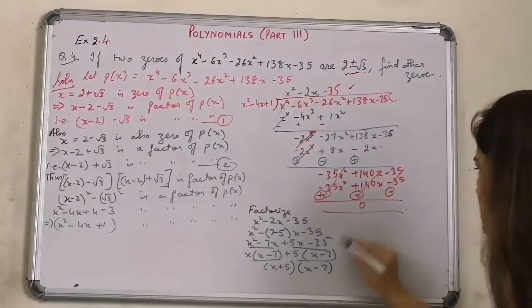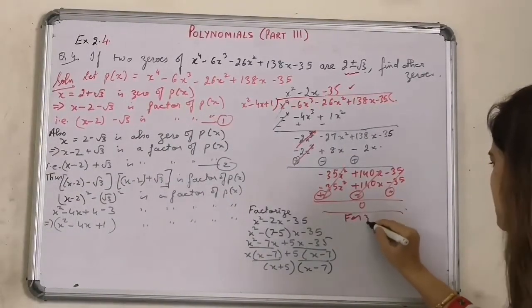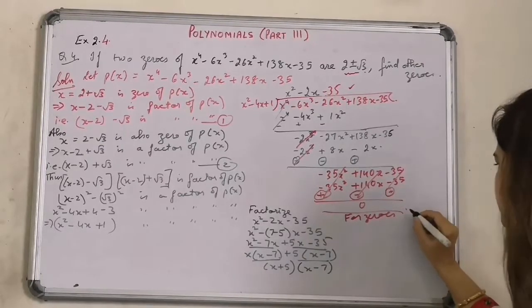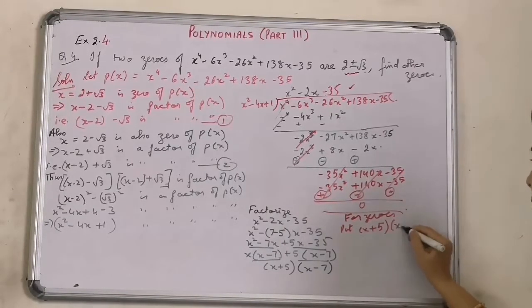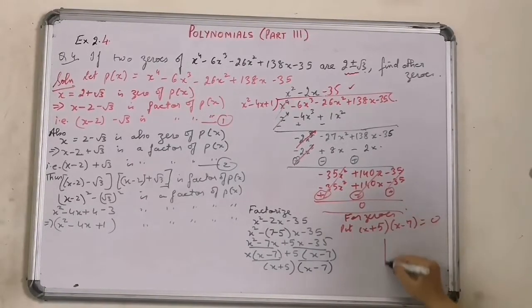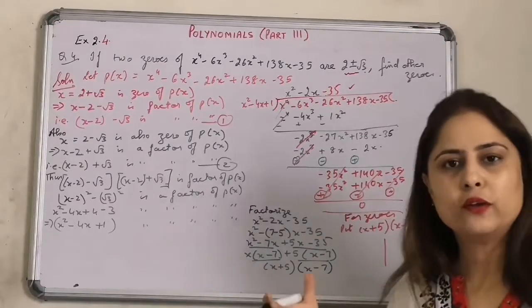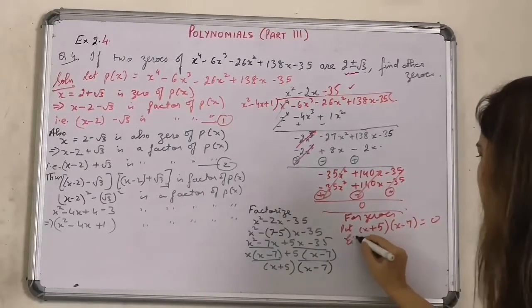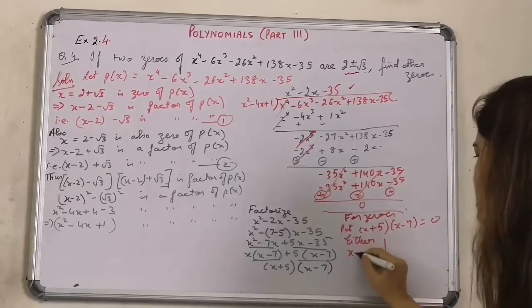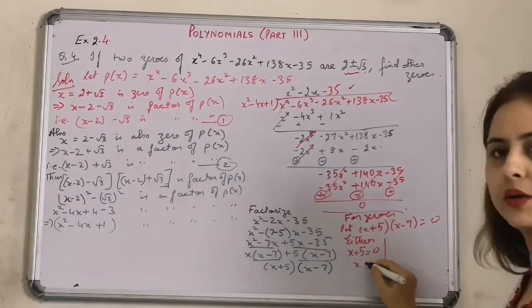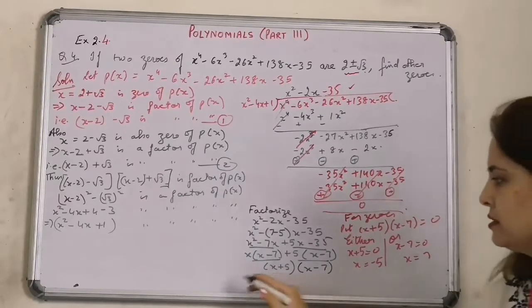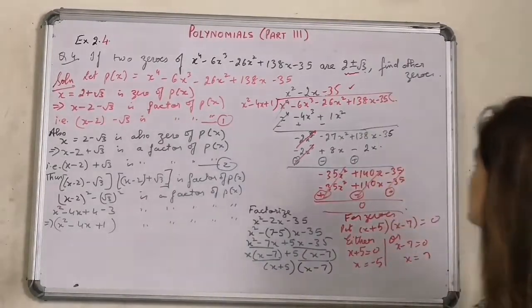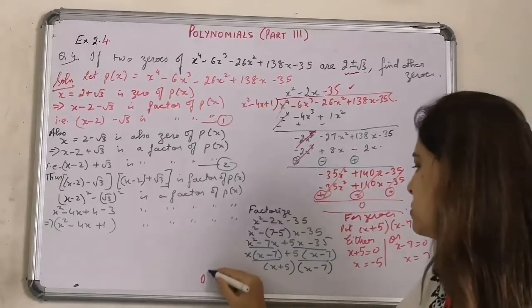So for zeros, put x plus 5 into x minus 7 is equal to 0. And I will repeat, product of two numbers is 0 if one of them is 0. So this implies either x plus 5 is 0, then x is equal to minus 5, or x minus 7 is 0, then x is equal to 7. So other zeros, we were supposed to find other zeros. So other zeros of p(x) are